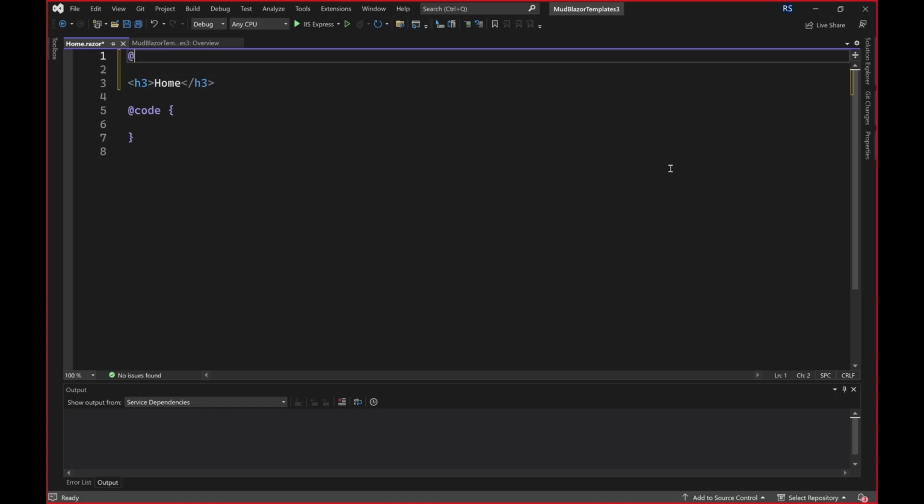So I'm going to do @page, and then I'm going to tell it that this is the root page. So that's given Blazor everything it needs to know. Now I really like this syntax. I really like defining this within the components itself rather than having a separate page like you do in Angular